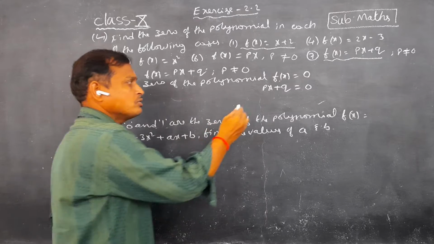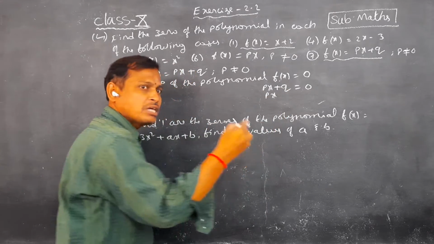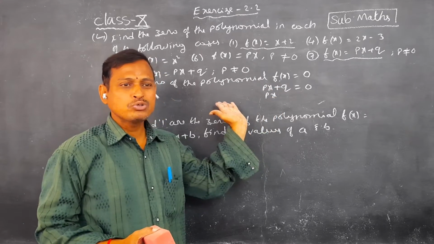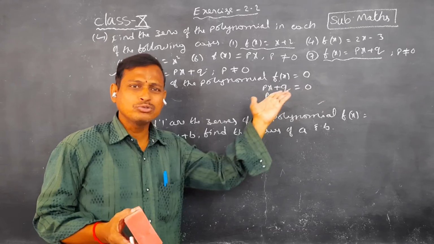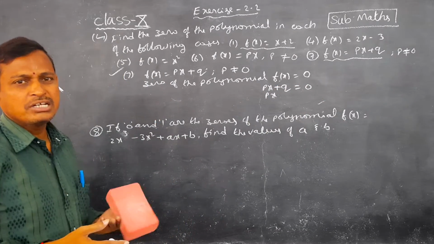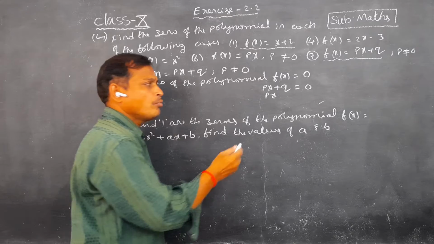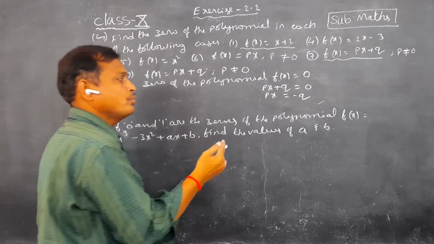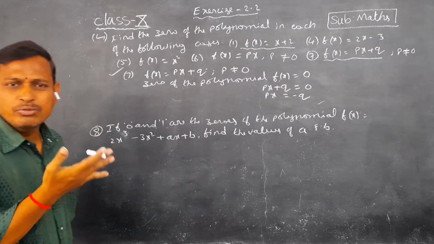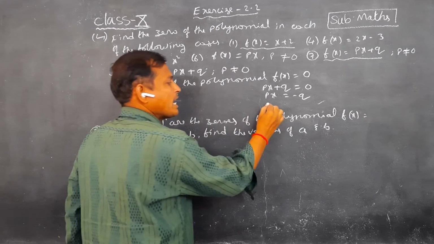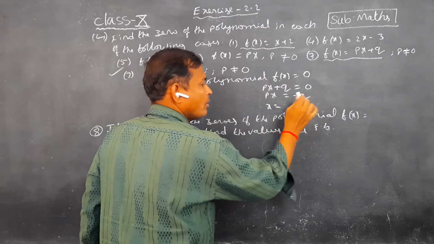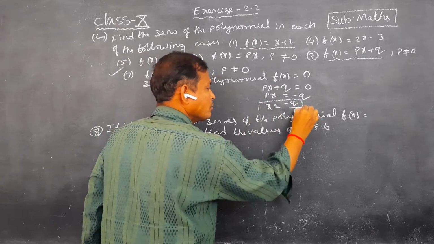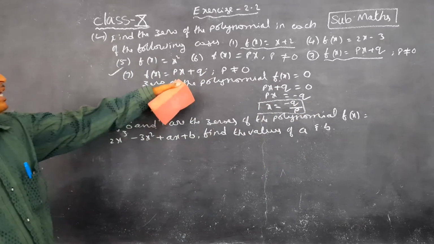So the x term is on one side and the constant on the other side. q is the constant term, children, so we have to transpose it from LHS to RHS. What should the RHS value become, children? Yes, correct, minus q. Why? Because it moves from LHS to RHS, so we must change the sign to minus q. So what are we finding? Yes, correct, the x value. So x is equal to minus q by p, children. This is the x value. This is the zero of the polynomial px plus q.